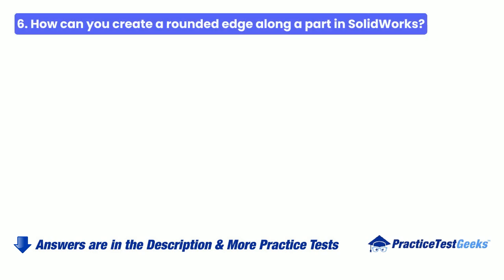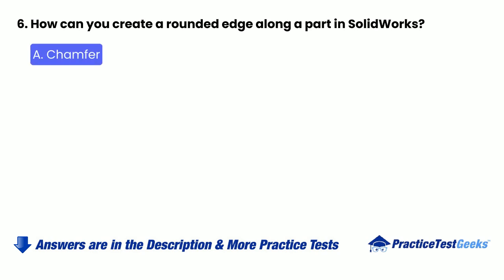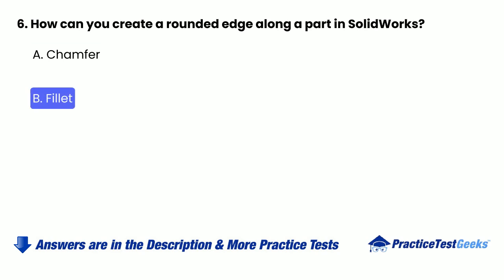6. How can you create a rounded edge along a part in SOLIDWORKS? A. Chamfer B. Fillet C. Loft D. Shell